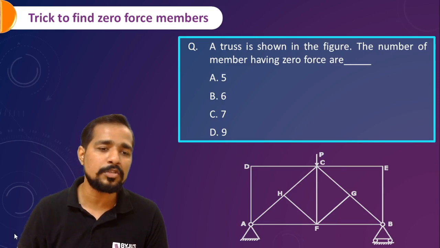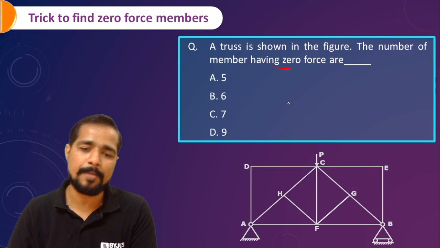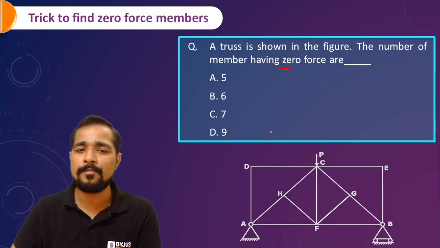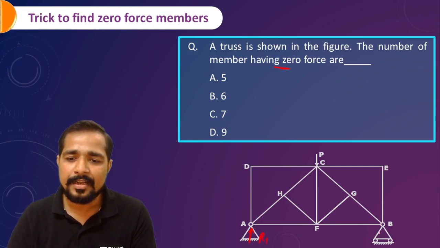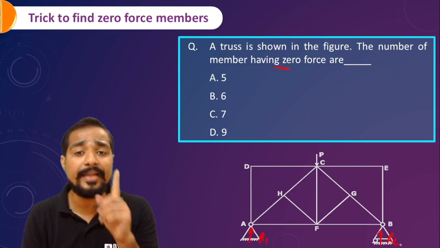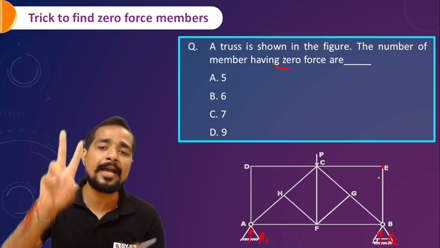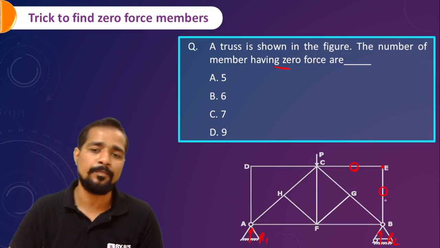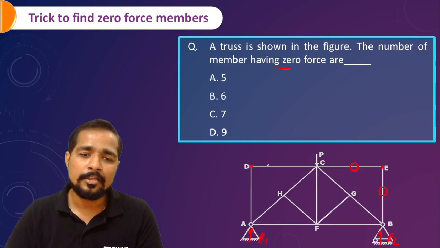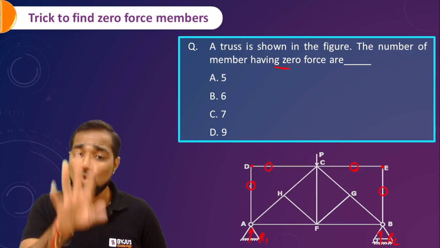This is one more question. Sir, find the number of zero force members. So again, you will follow the first step. First step means represent the reactions. This is R1 and this one is R2, my dear. After that, go for the joint at which minimum forces are acting. Yes, at this joint two members are acting and both are non-collinear. Both will have the zero value. Correct. Second, both are non-collinear. Both will be zero.